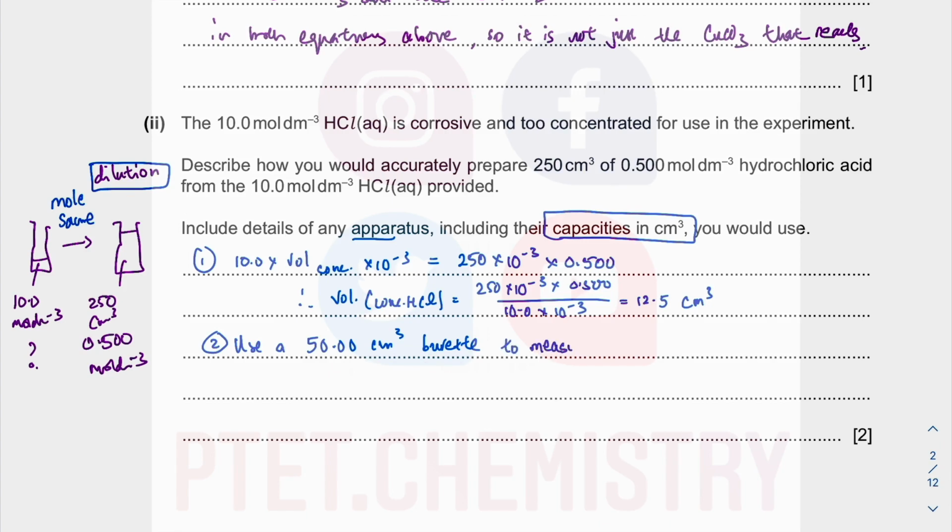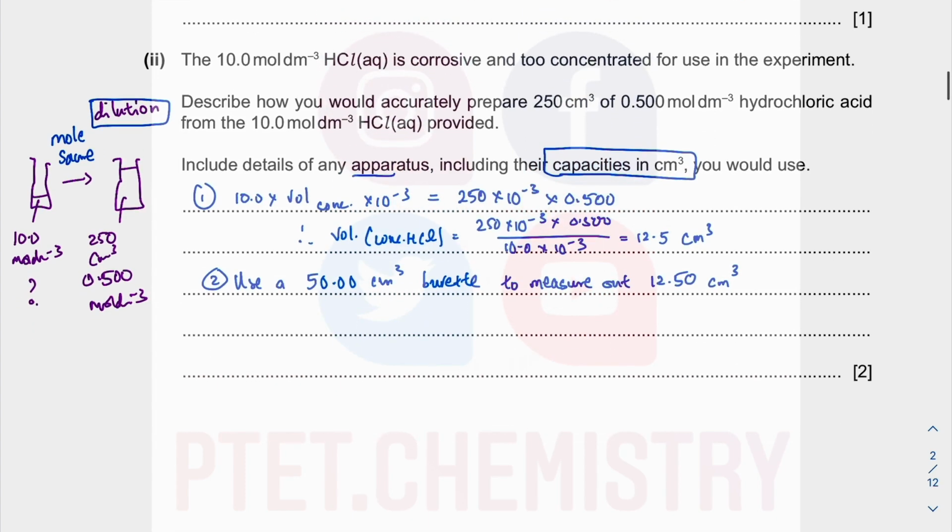to measure out 12.5, well, hang on, 12.50, because the burette is accurate up to 2 decimal places, to plus or minus 0.05, as you will know from your practical classes, and after having done paper 3, of course, which is your practical experiments, of the 10.0 mole per dm cube HCl, so there's the more concentrated HCl, into a